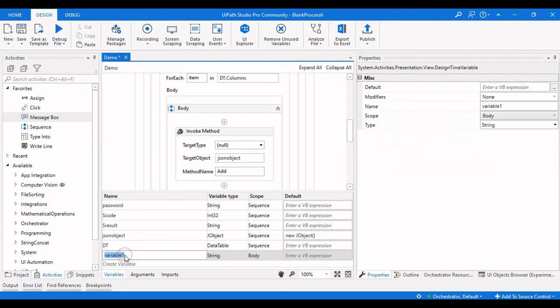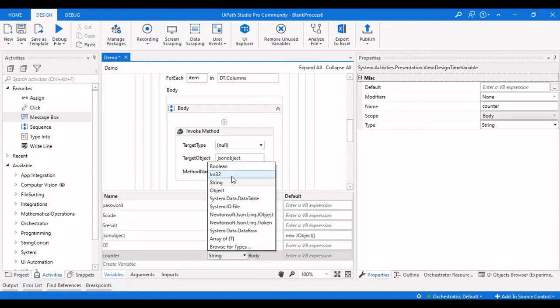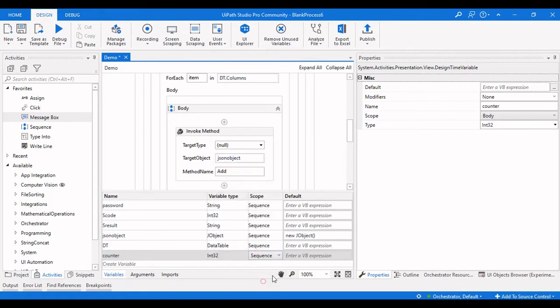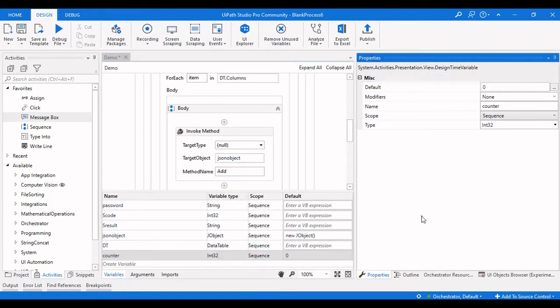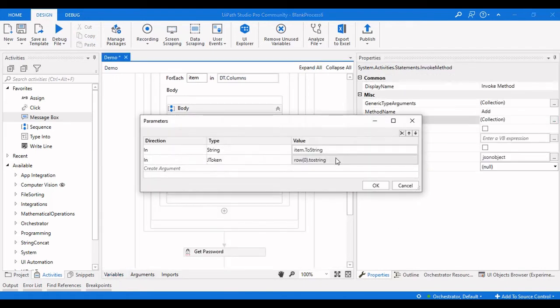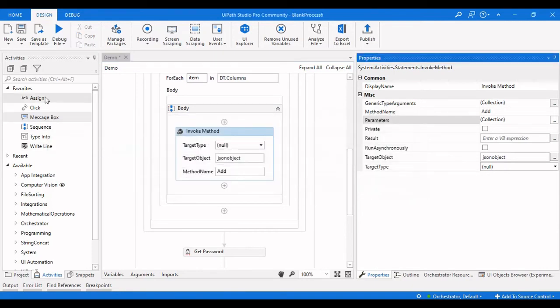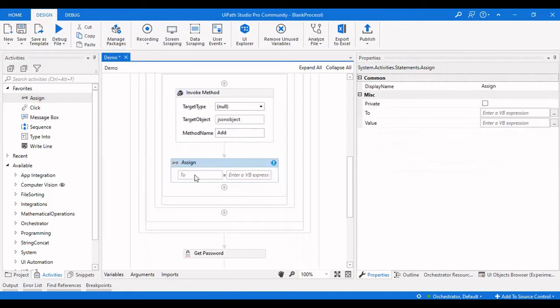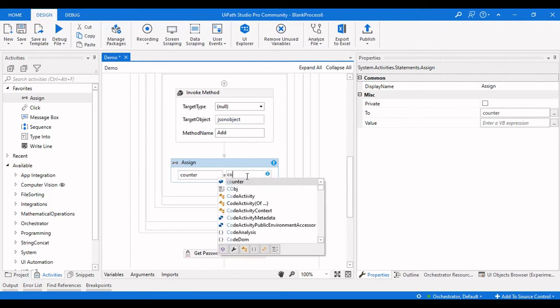So let me create a counter variable, which should be an integer value, and let me change the scope, and it will be 0. It will start from 0, and up here, instead of row of 0, I am passing it as counter dot toString, and I'm going to set counter equal to counter plus 1.